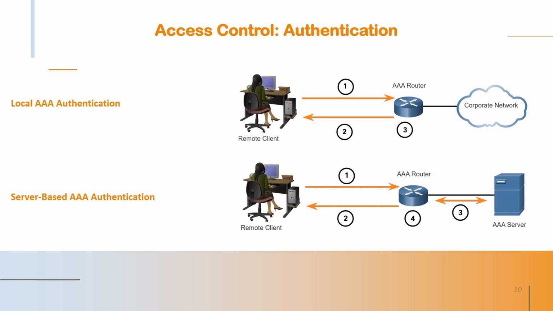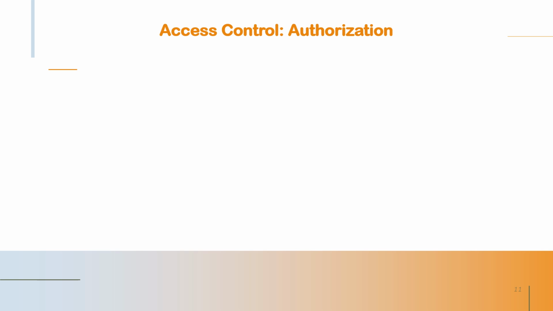And as for authorization, it is automatic and does not require the user to perform additional steps after authentication. Authorization governs what a user can and cannot do on the network after they are authenticated. Authorization uses a set of attributes that describe the user access to the network. These attributes are used by the AAA server to determine privileges and restrictions for that user, as it is shown